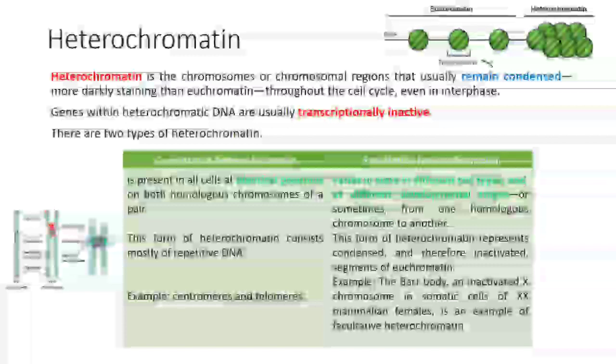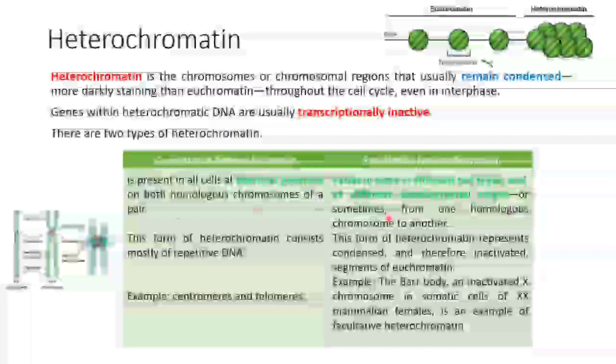So in this region you will see heterochromatin. So telomeres and centromeres are always condensed, transcriptionally inactive. So centromeres and telomeres represent heterochromatin. Because they are always present at identical positions on both homologous chromosomes, they are considered as examples of constitutive